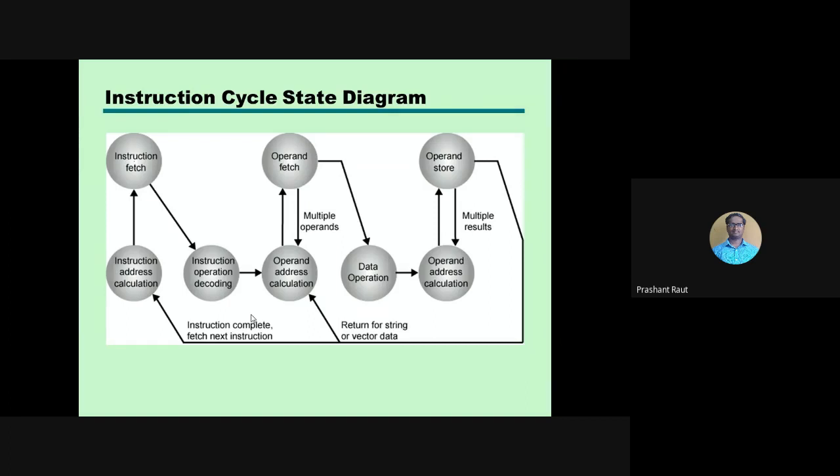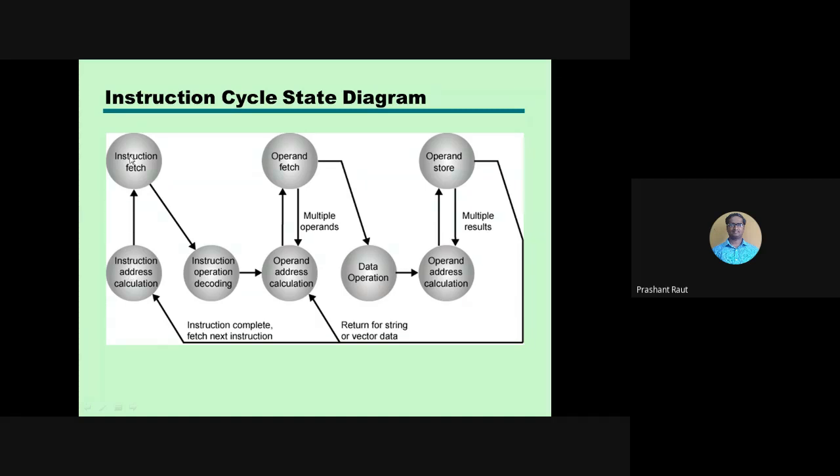Now the instruction cycle state diagram. When we present an instruction to the processor, how will it be executed, and which are the different states through which the instruction has to travel? It starts with instruction address calculation. You first visit the program counter or instruction pointer to get the address of the instruction.